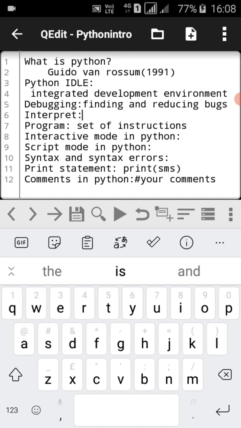Now let's see the interactive mode in Python. Interactive mode, as the name suggests, allows you to interact with the operating system. Here you can type a Python statement and the interpreter displays the result immediately. When you launch IDLE, the interactive mode opens by default. It displays a welcome message of the Python interpreter with revision details, and the Python prompt,